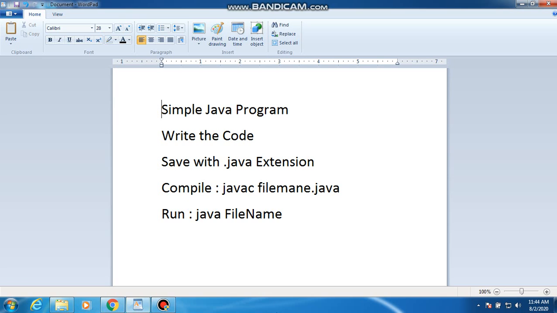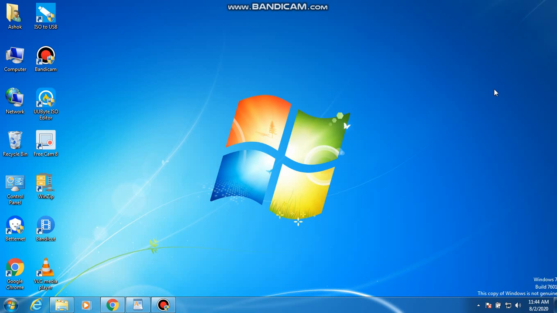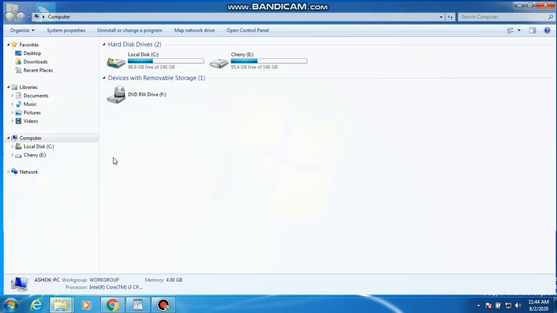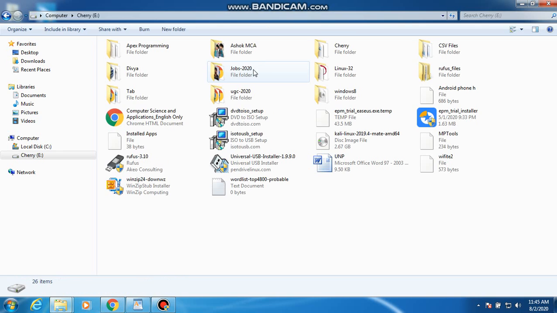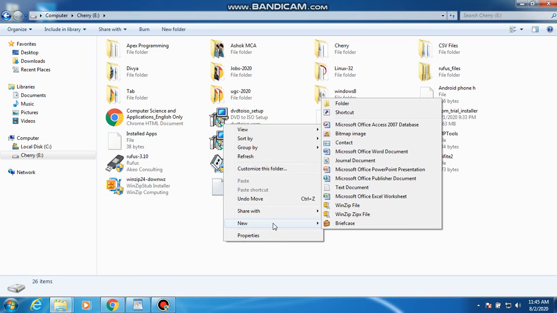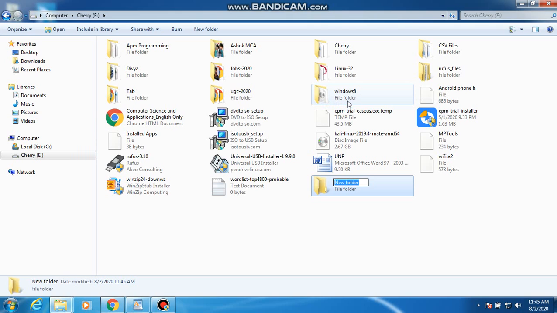Dear students, now I am explaining a simple Java program on our computer. If you want to write Java programs, you can create a simple folder to store all of our Java programs. Here I am going to my computer. After choosing drive E, I created a simple folder with my name, Ashoka.